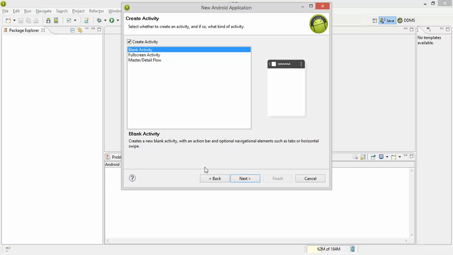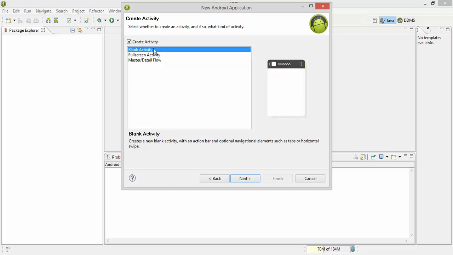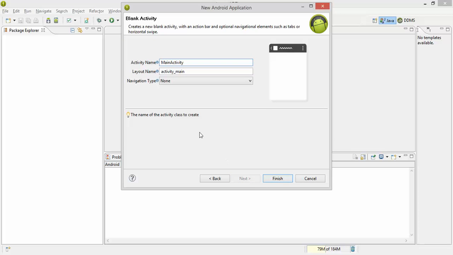Okay, next is some create activity options. So just think about Microsoft Word. You can create an advertisement or a letter. Same thing here, we can create an app that starts off using a specific template. We're going to just create a blank activity for this example. I'll click next. Now it's going to give us some options for our initial activity, and notice the activity name,